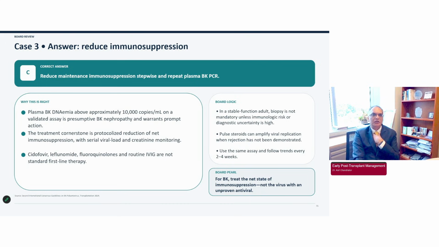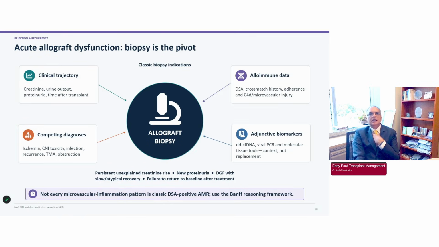So it's C, reduced maintenance immunosuppression, and I'm sure nearly everybody would have gotten this in repeat BK PCR. So allograft dysfunction. When you see allograft dysfunction, you really need to biopsy the patient if you've excluded other potential causes like anatomical obstruction, infection, etc. The time when you would consider this, if there's an increase in the creatinine or there are competing diagnoses and you're not sure whether this is CNI toxicity or TMA or rejection,